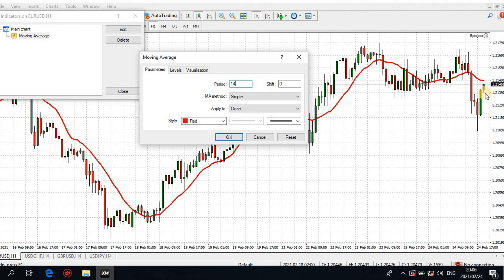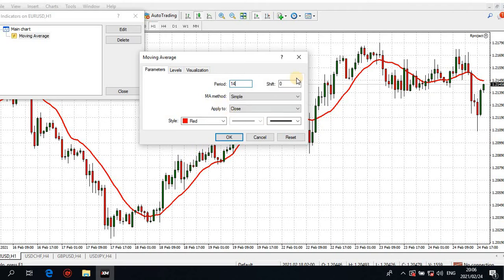Let's say it will count from here 1, 2, 3, 4, 5, 6 until 14. Then this information will be calculated according to all these previous 14 candlesticks, okay, and applied to close,